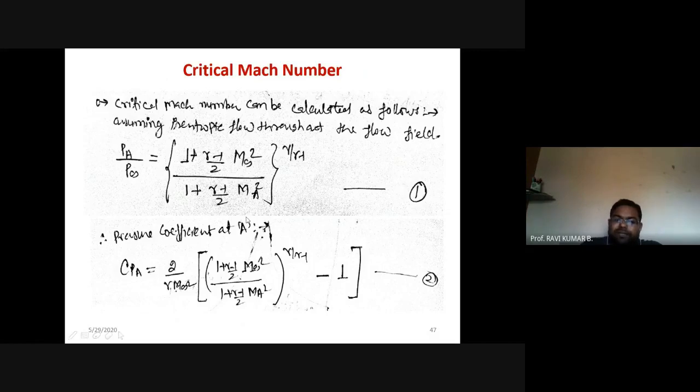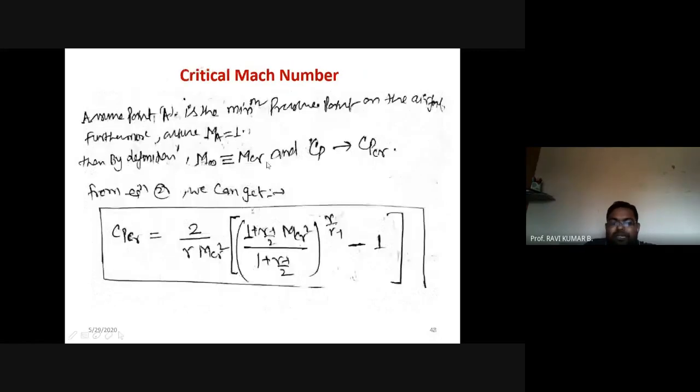So when we are talking only about point A, my Mach number at point A is equal to 1. That means M_A becomes 1. So at point A, how do we write the Cp value? Cp is the dynamic pressure term, 2 divided by gamma M infinity squared, times the pressure ratio, P by P infinity minus 1. P by P infinity I already know, so I can substitute here. Clear? So now at point A, M_A is equal to 1.